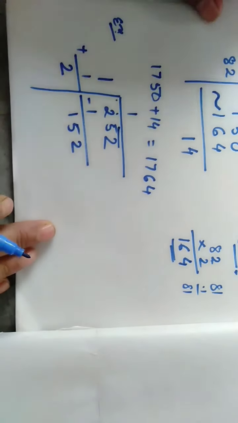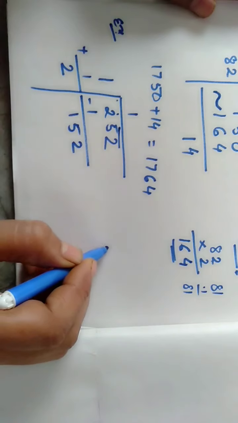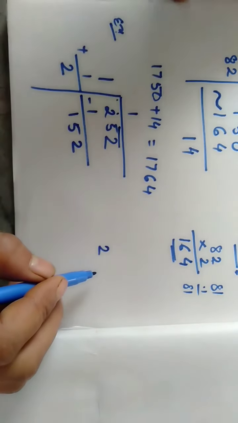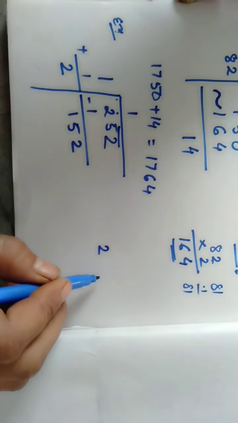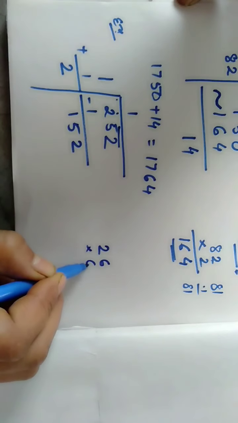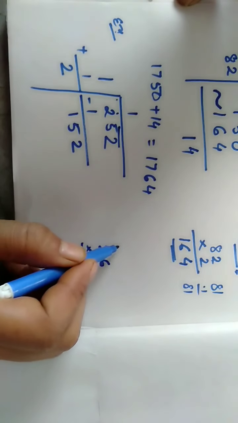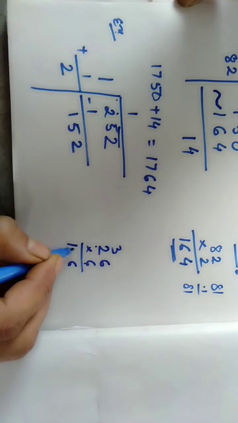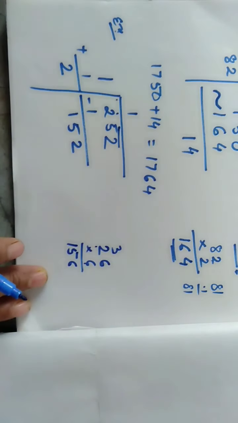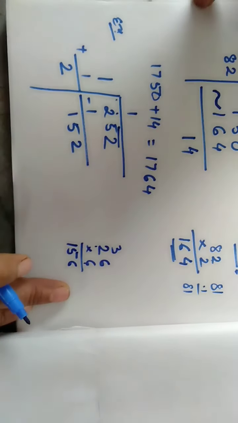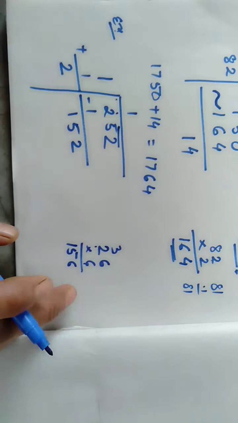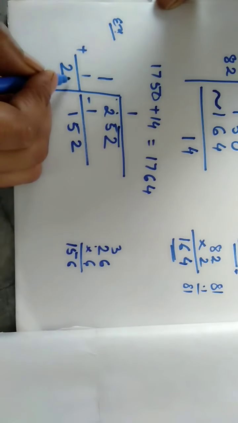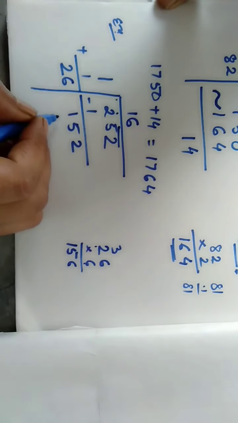Now we have to read out the table of 2 with some number. Now 20, here is 15, and we know that 2 sevens is 14. So if we multiply by 6 first, then 6 6s are 36, carry 3, 6 2s are 12, 12 plus 3, 15. 156 is just greater. You have to find this out in the rough work. You can multiply by 5, 6, 7, so that you get the number just greater than this. So on 6 times, we see that we are getting 156.